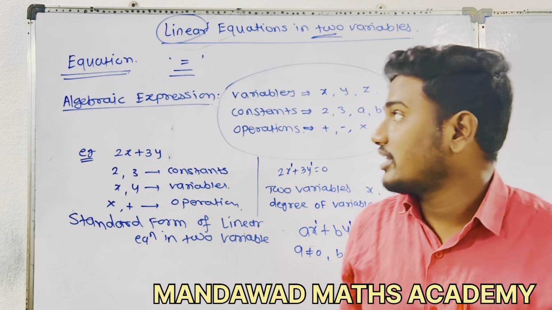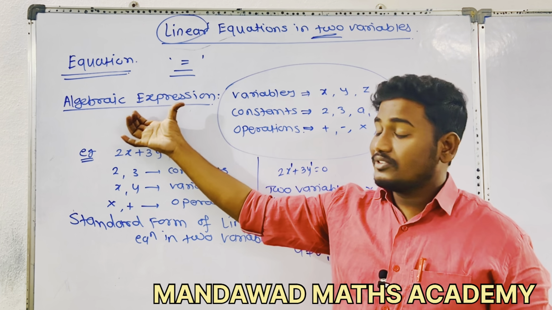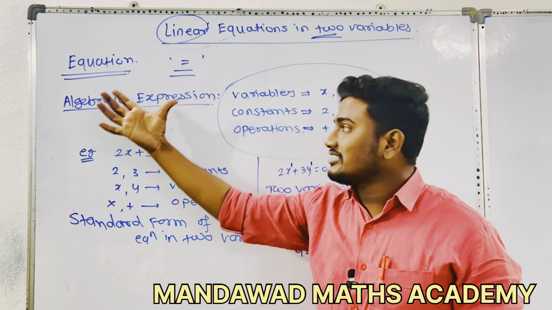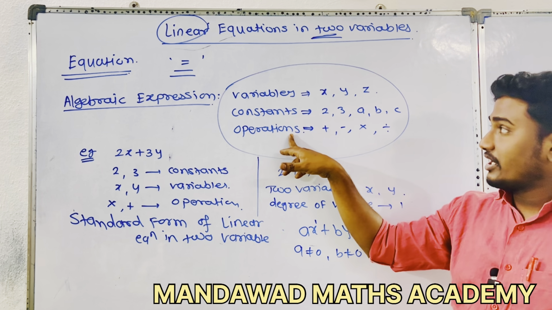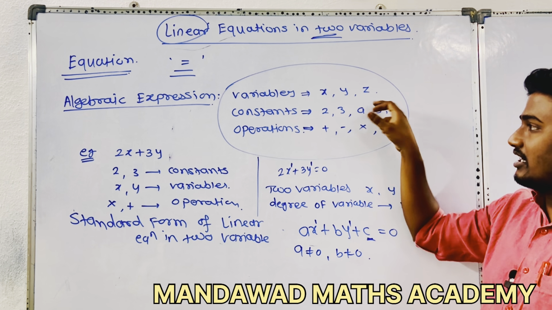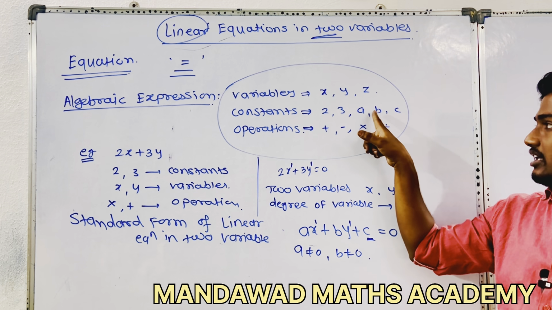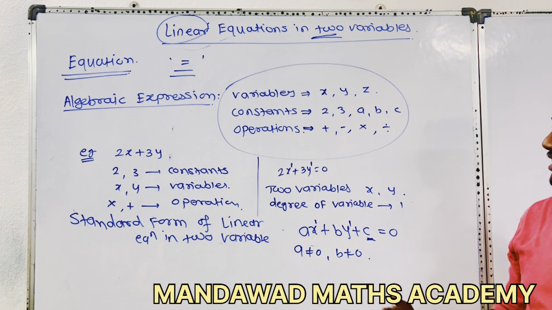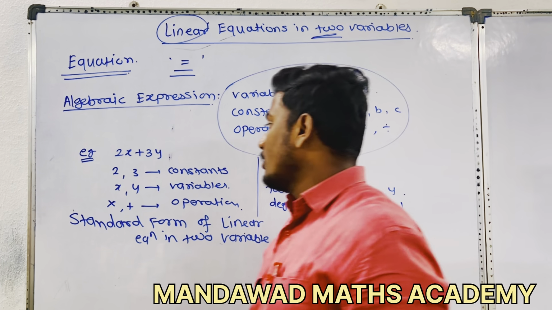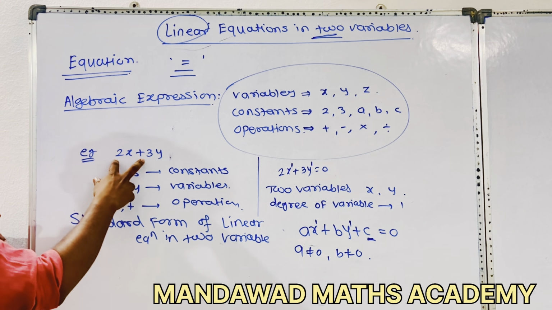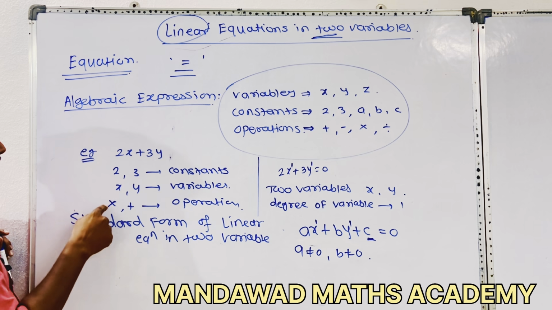So once again I am repeating this. What is an equation? An equation is nothing but the algebraic expression involving an equal to sign. What is an algebraic expression? That having variables, constants and operations. Variables are x, y, z. Constants are the numbers a, b, c, or 2, 3, 4, 5 like that. Operations are addition, subtraction, multiplication and division. For example, 2x plus 3y: 2, 3 are the constants, x, y are the variables, and plus and into